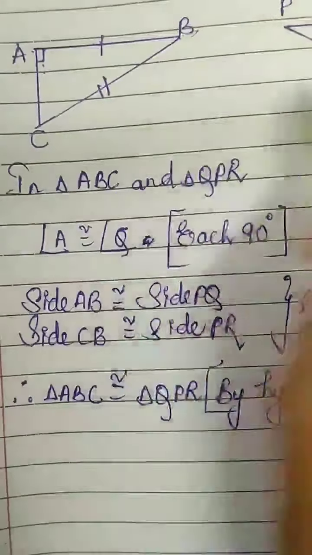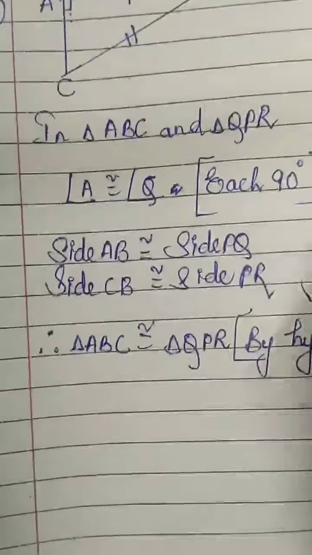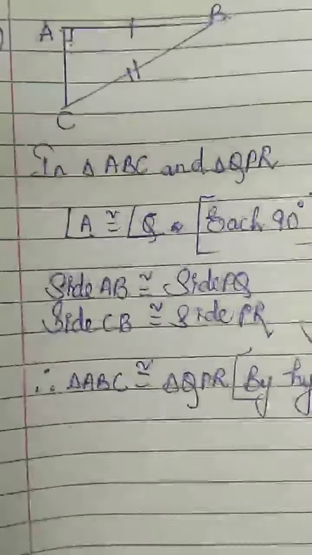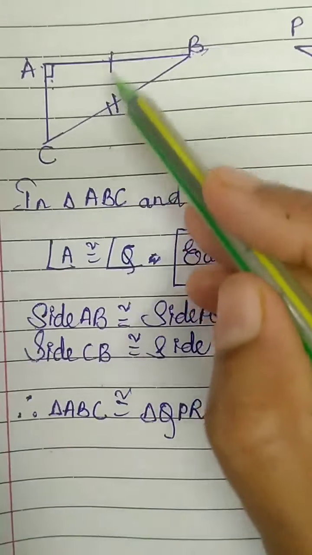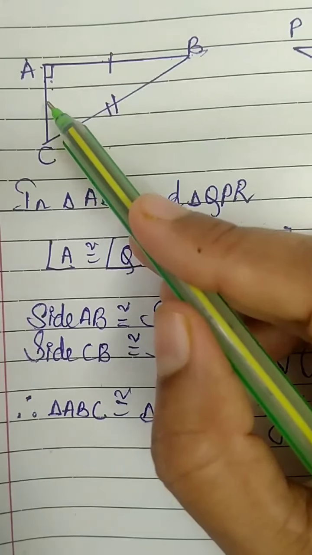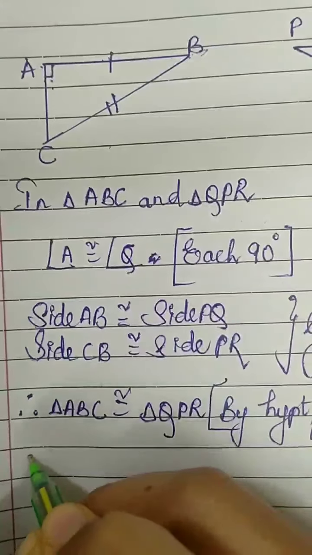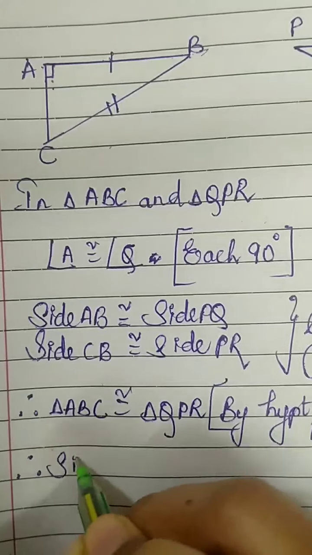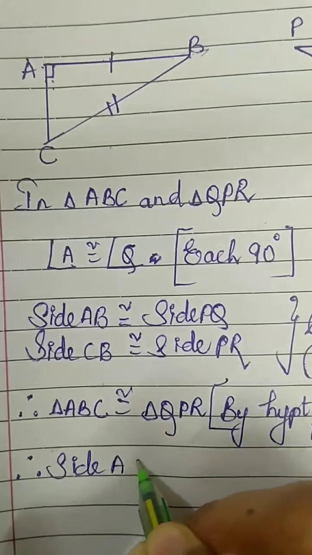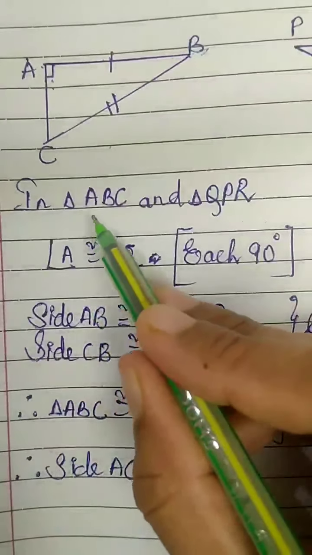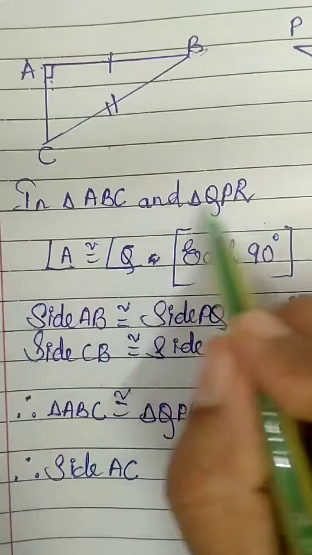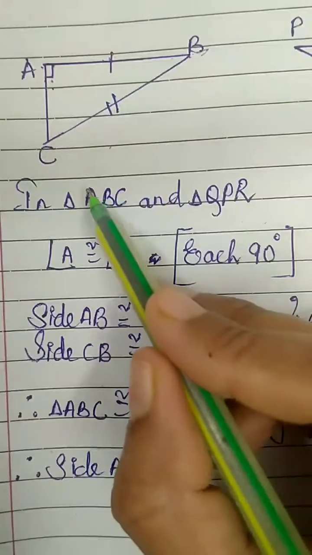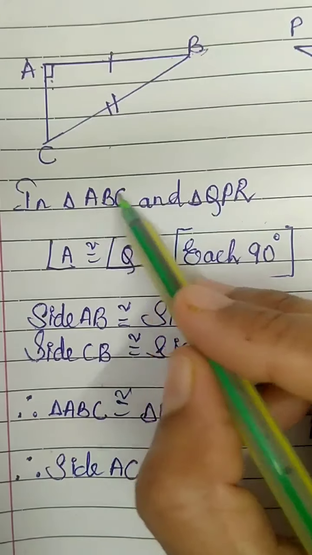Now we don't need both the triangles to write the remaining congruent parts. So the remaining congruent parts. Now here as you can see in the first figure, 2 sides are already taken. One side is only remaining. So let us write. Therefore, side AC. I told you no need to look at the other figure, just to see the name of the triangles. So the name of the triangle should be written correctly. So if it is AC, first and third, no?